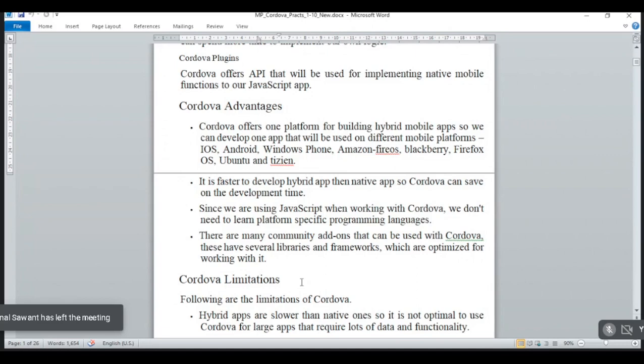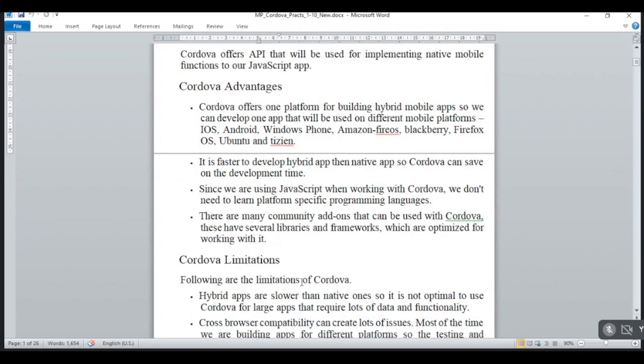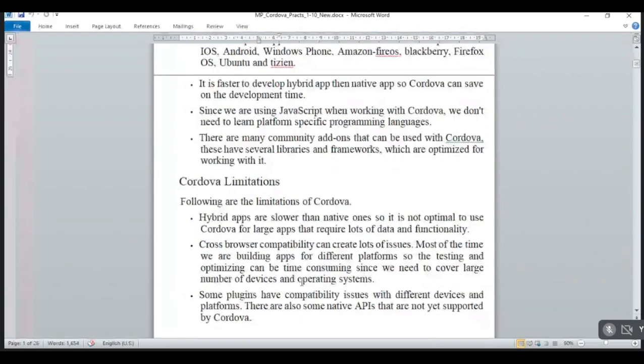Then the limitations, the disadvantages of Cordova. Hybrid apps are much slower than native ones. This is one disadvantage of Cordova. Then cross-browser compatibility can create lots of issues, and most of them consume more time while building with Cordova.